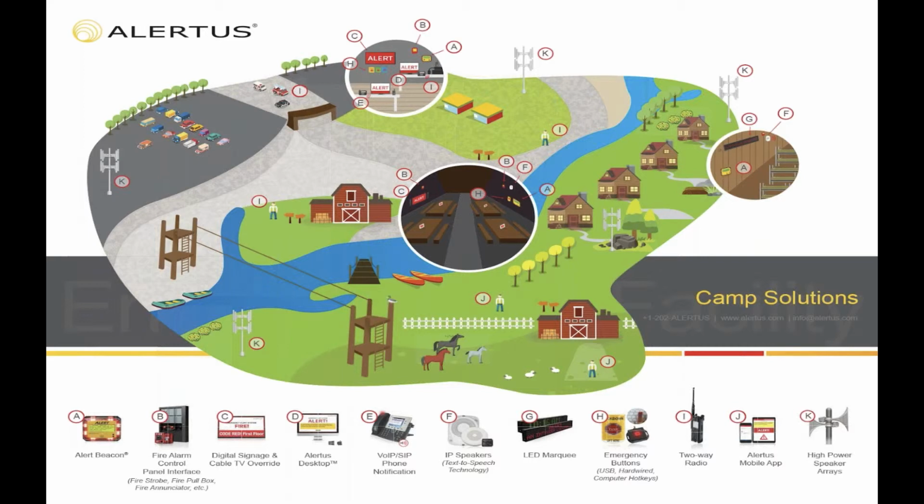So that about wraps up everything that we really wanted to go through today. Again, the main focus with our system here at Alertus is notifying everybody in a very timely manner, whether that's through weather alerts, whether that's through our mobile app or our Alertus Console. Having the ability to notify the existing technology that you might have on your campus and in your facilities.